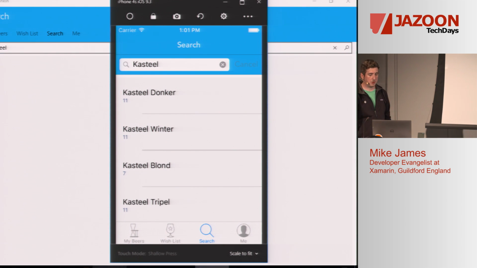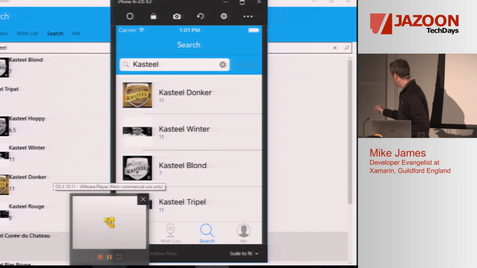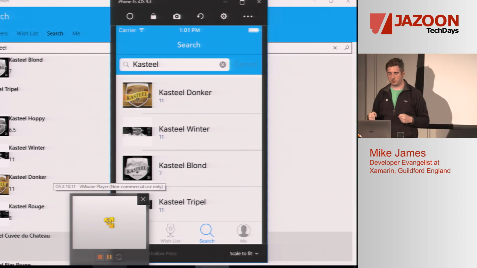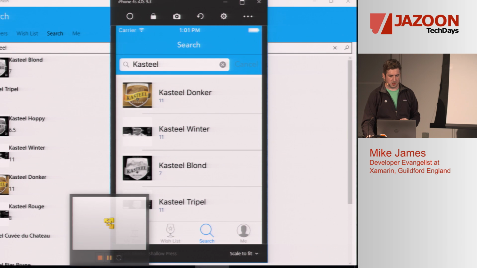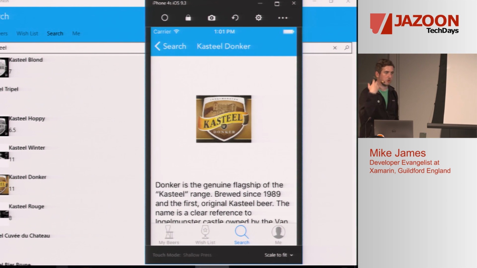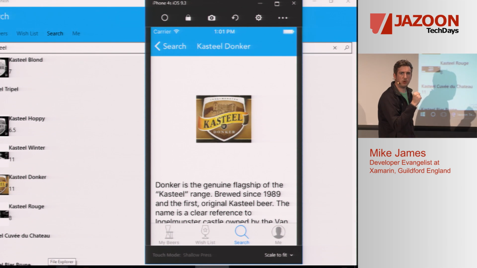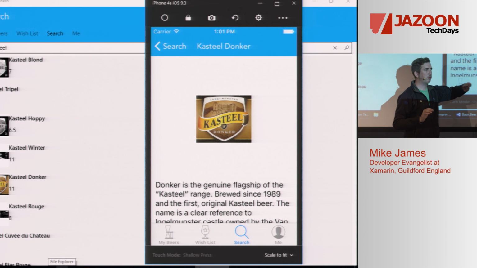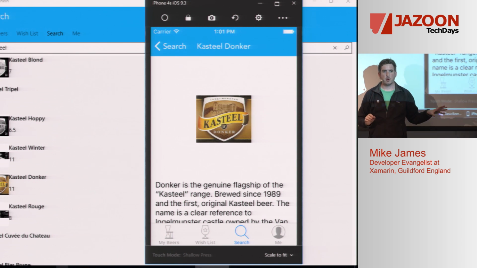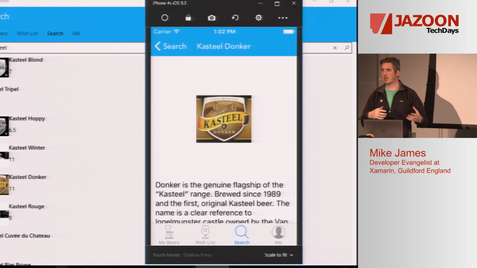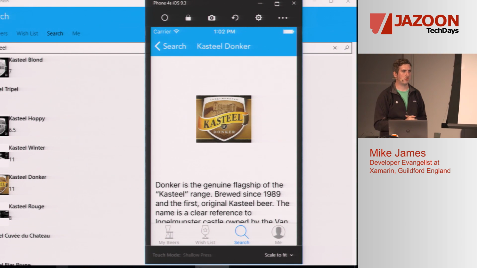There we go. Now I'm on a tethered connection, so it's a little slow. My phone is at the back by the window to try and eke as much signal as humanly possible. But you can see we get the results here, and it's all lovely, and we can tap on the results. And it's grabbing that image, and you saw it was a little slow to pull that in. The reason it's a little slow is it's throwing that on a background thread and doing it behind the scenes for us so that we don't lock the main thread, so that the UI is still responsive even though we need to go and fetch these external resources.